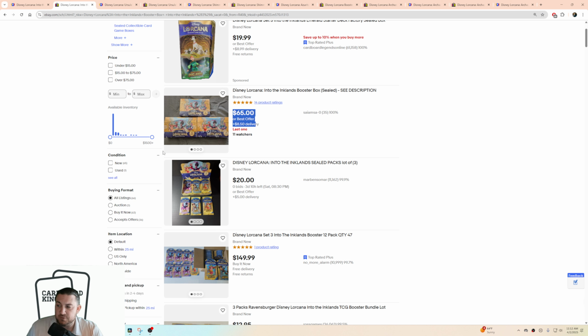Right now, Inklands' expected value is about $72. And so this is one that I would say, now look, obviously if you've been around any time at all, you've had plenty of opportunity to open Inklands, right? Whether it's through the various different ancillary products like the Costco box, or just a traditional Inklands booster box. These have been popping up at, you know, $5 bin stores for 20, 30 bucks. So if you're like me, you have a lot of Inklands and you don't really want to open any more or need to open any more. But if you're truly grinding it out, trying to build your enchanteds while selling some singles,